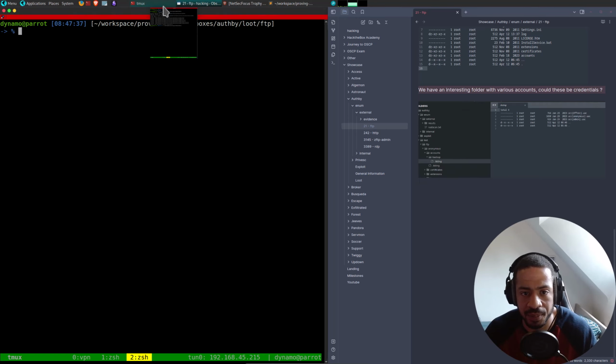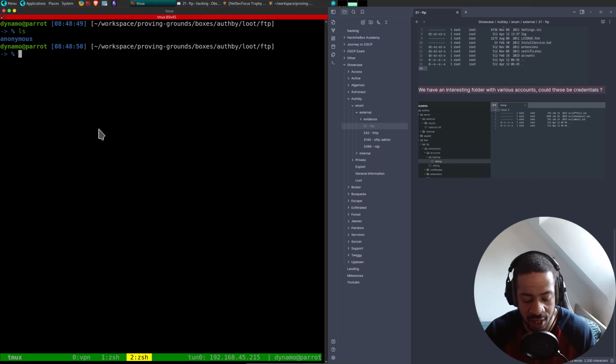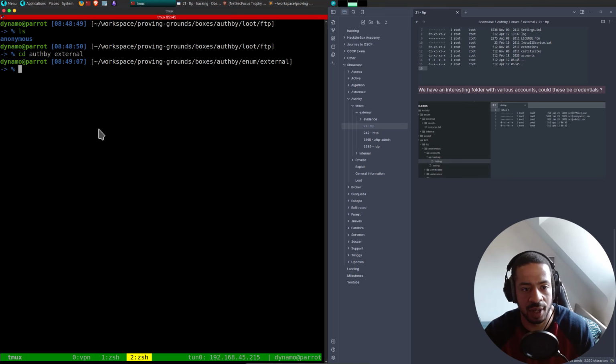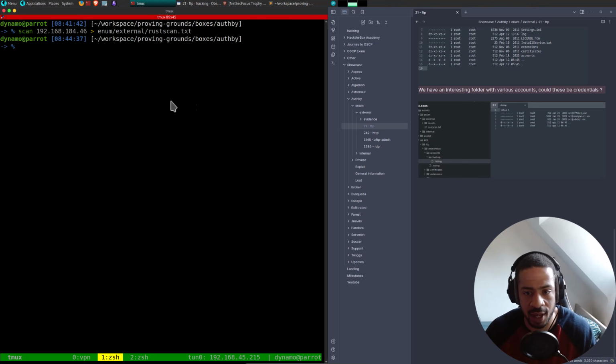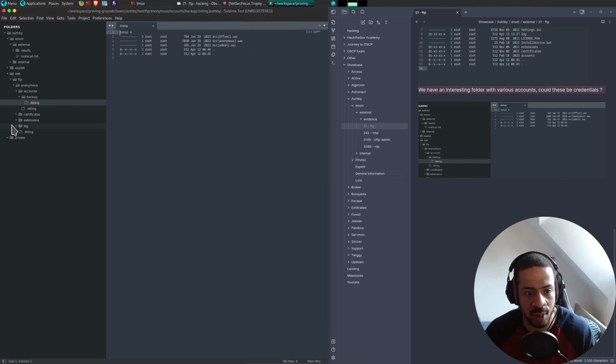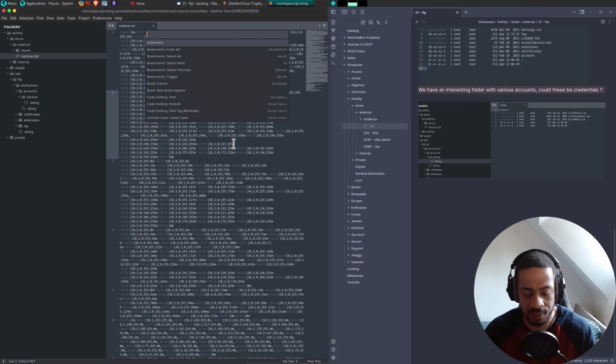Let's just try. If these are credentials, let's go back into enum, external, sorry, like that. Is our ROScan finished, by the way? Yes, it is. Let's quickly do that, and then we are done with the enumeration.